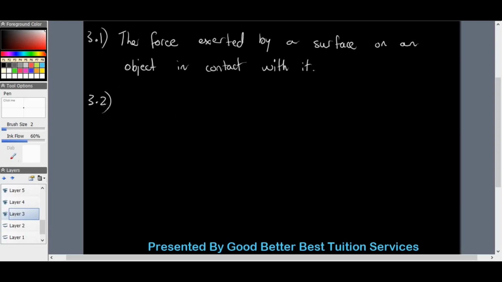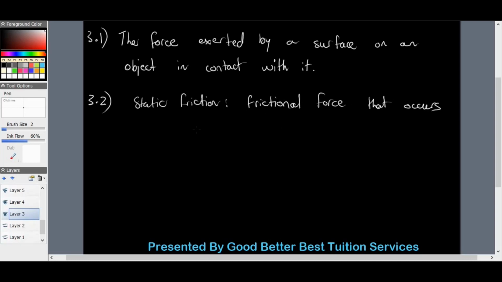Anyway, 3.2. I think they asked us to define static friction and kinetic friction. So what we could have done is just said, well, static friction, and just put up a colon there. First of all, we know that it is, of course, a frictional force. We have to start by mentioning that. It is a frictional force